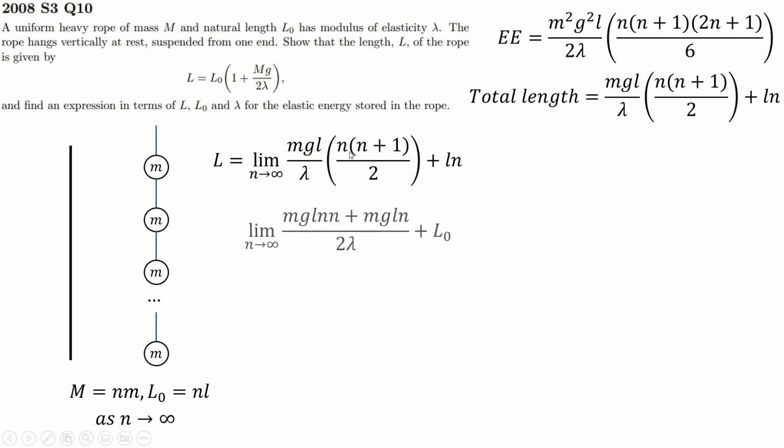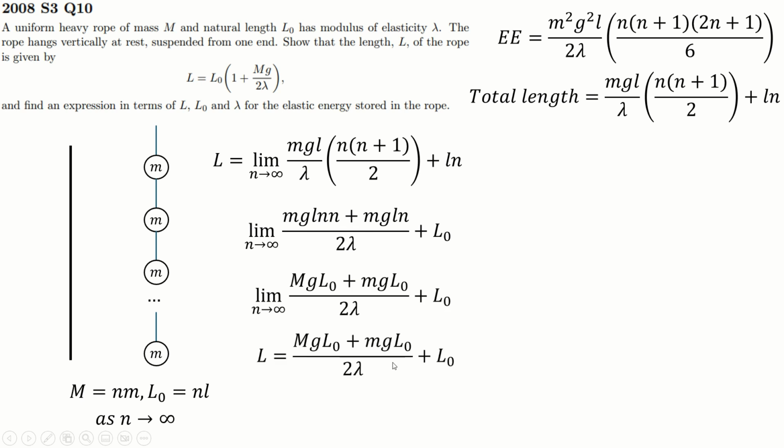So, well, okay, that's just n squared plus 1. So you expand it out to get, I've written n squared very weirdly there. But the reason I've written it like that is because ln is just L0, and so is mn, that just is big M. So I can just replace those, and I get this. And then if I factorize out L0, I end up with this. Which is just, sorry, I've got rid of all the n's now, so the limit is pointless. And I get this. Unfortunately, this isn't what they asked me to get, so I need to be a bit